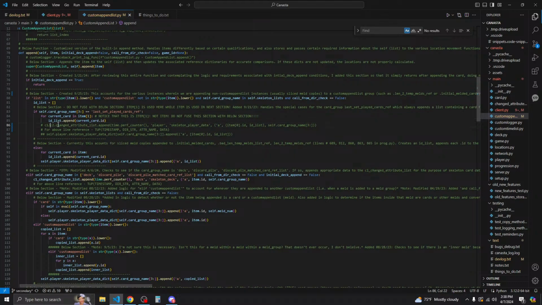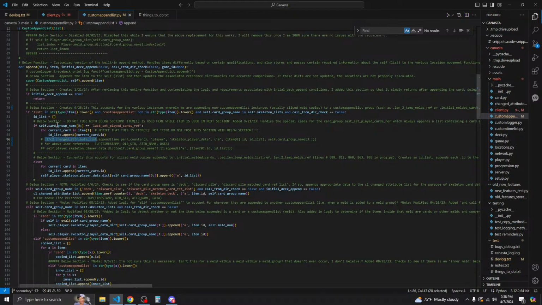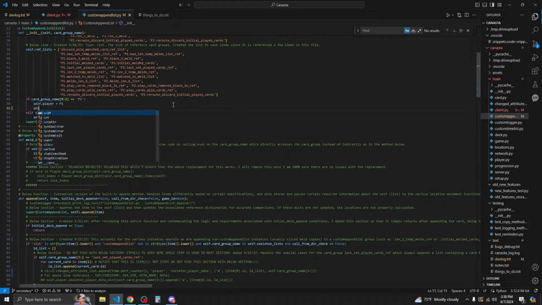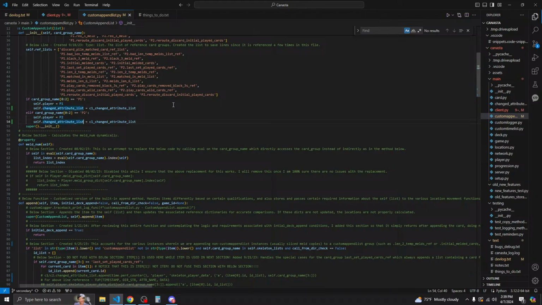We can say if card group name 02 is equal to P1, then self.changed attribute list equals C1 change attribute list, and then if it's P2, we say self.change attribute list is equal to C2.